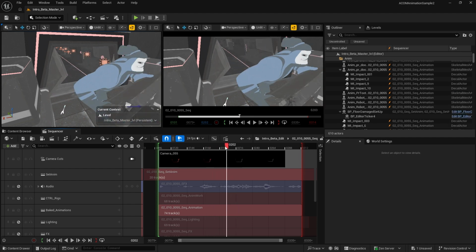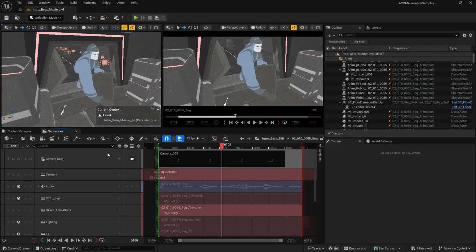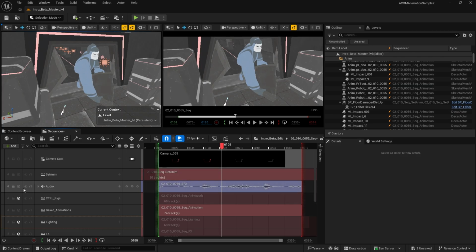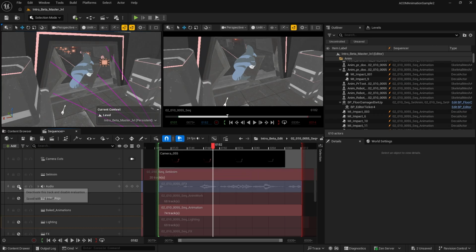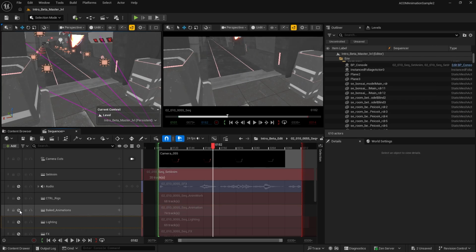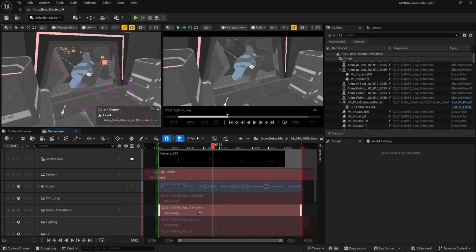But if you have certain elements that are not really required, you can easily deactivate them. Like for example, here the audio part was deactivated, so you didn't hear anything. As you can see, all those movements can be heard. So I deactivate them again. In this part, we are watching the baked animation. And if you would also deactivate that one, you will see that the baked animation is gone. All right. So baked animations are back.